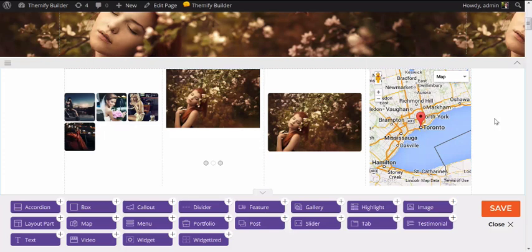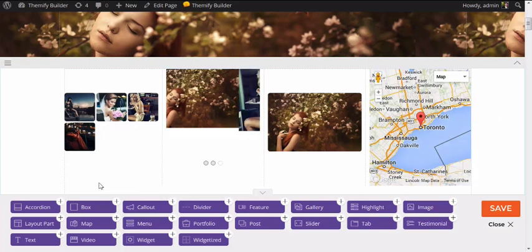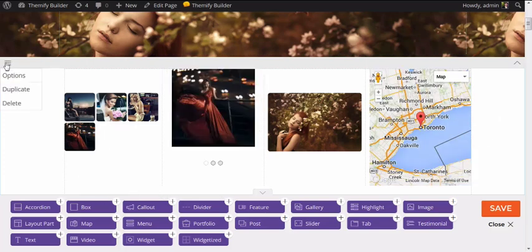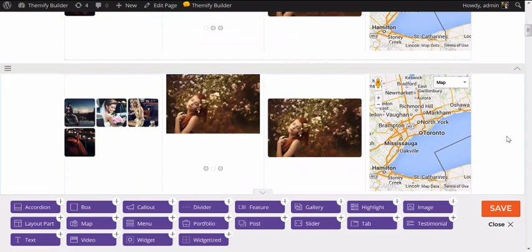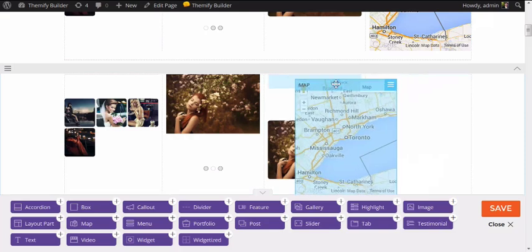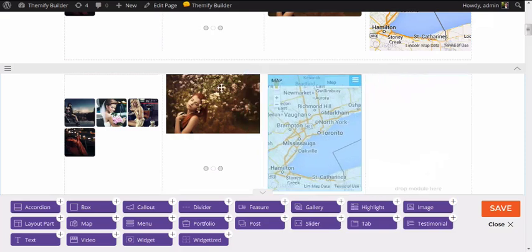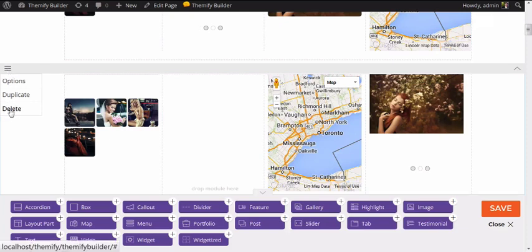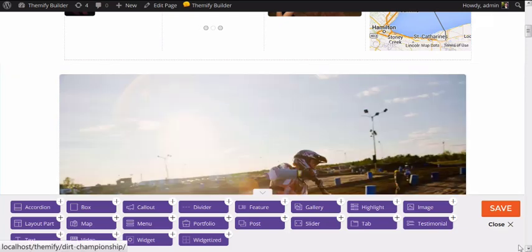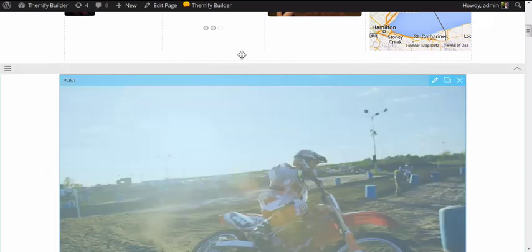If I've put together a row that I particularly like and I want to reuse that without having to rebuild it, come on over to your row options and simply click duplicate. You'll now notice that you have a duplicate row which you can rearrange, add additional content to, or keep just the way it is. If at any point in time you want to get rid of a row, same process, simply come on over to your options for the row and click delete. When you're all done, simply click save, close,